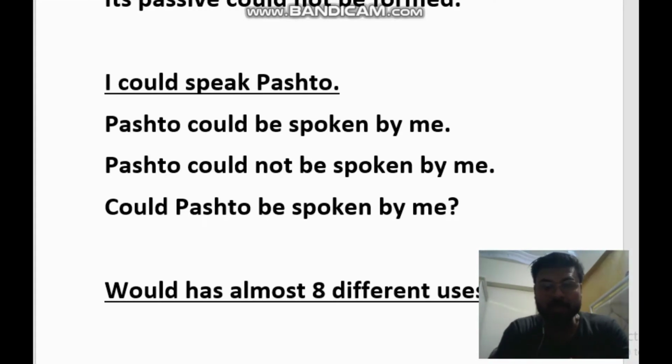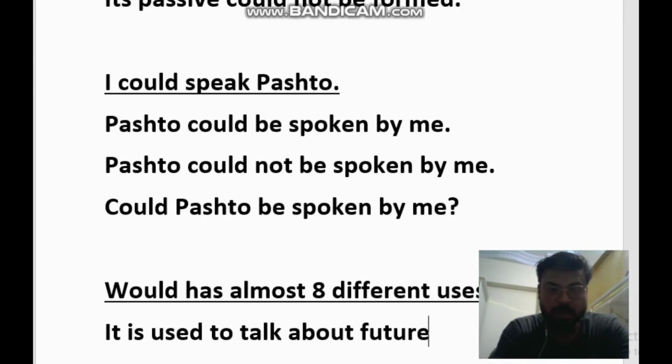I'll be telling you only how we form passive voice using would. And I'll be talking about one thing, when would is used to talk about